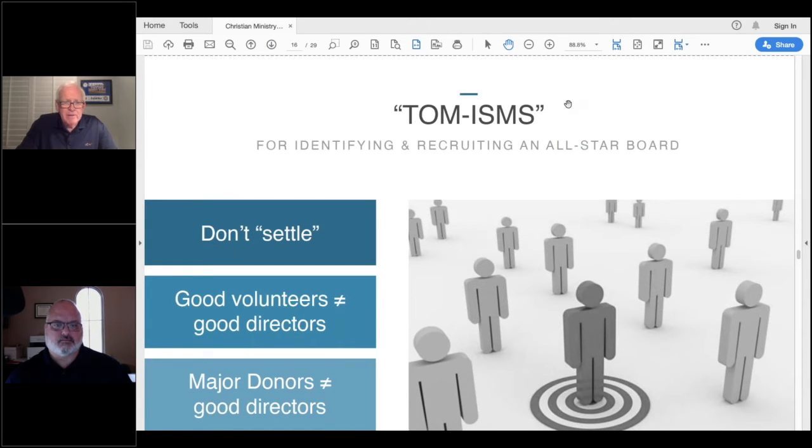This next section are Thomisms. These are sort of things that I learned through getting a bloody nose or opening the door and hitting my face with it. Number one is don't just settle for a person because you got a couple open spots. As long as you've got enough to meet the minimum requirement of your bylaws, look for the right people to put on the board based on where your organization is headed in the next 2-3 years. You're better off keeping an open spot in your hip pocket, waiting for the right person to come along, rather than taking a marginally helpful person and then you're full up and you can't bring on that next person that you find 6 months down the road that will be a good help.